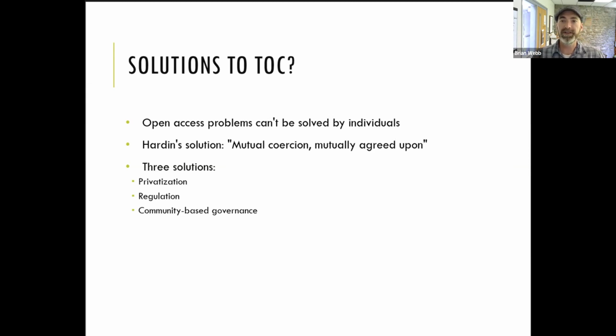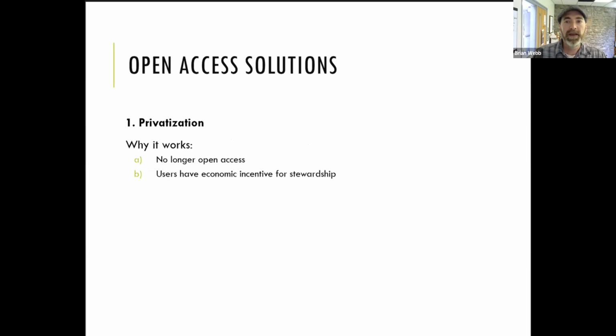In other words, it requires enforcement of certain limitations to using that resource, and the users have to agree to that limitation. So whether that is enforced through governance or through community agreement, the idea being that the only way to do that is to agree on that. So there's three categories of solutions, and we'll look at each of these three in turn and in some detail. First being privatization. So one solution to an open access problem could be to privatize that resource, to make it private.